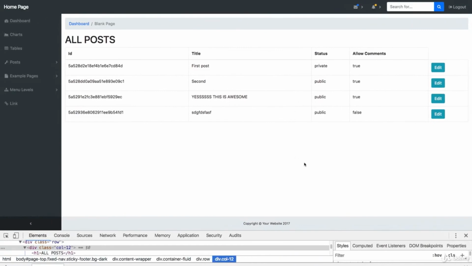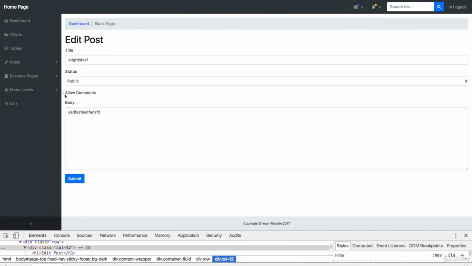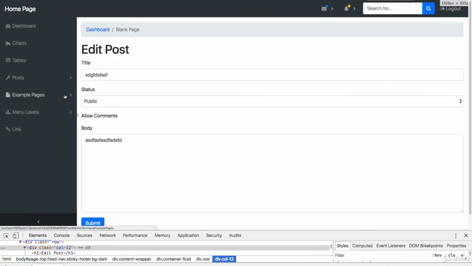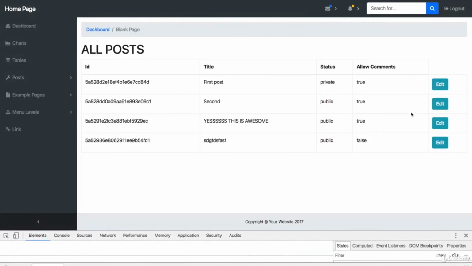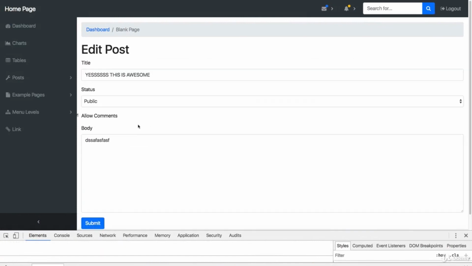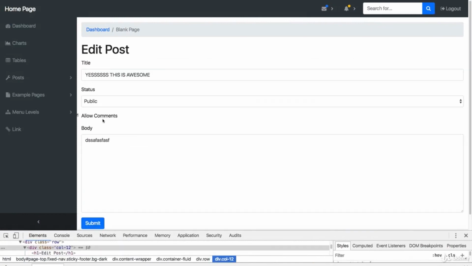Now it's very simple. If we go to any of the posts that we have created and it is false here, we won't see it here. I don't know if you see that. We're going to fix that CSS in a minute. You see it's not checked. So now if I go back to all the posts again and I click on one that's checked, you can see that that's checked there.